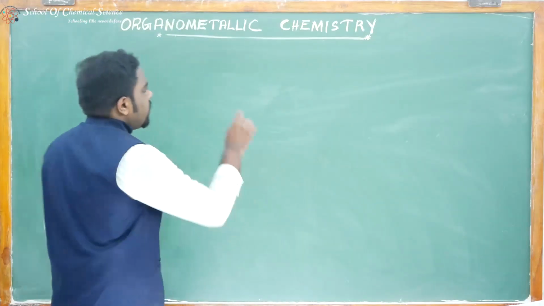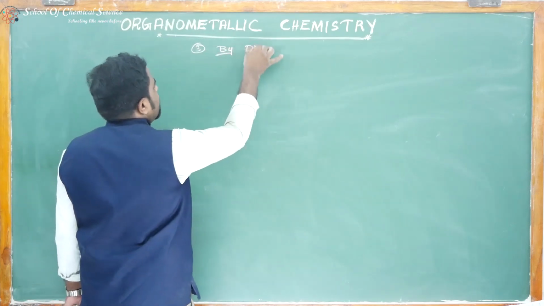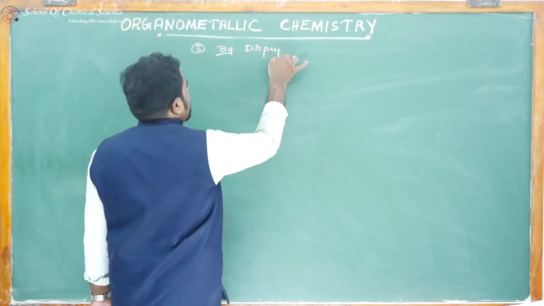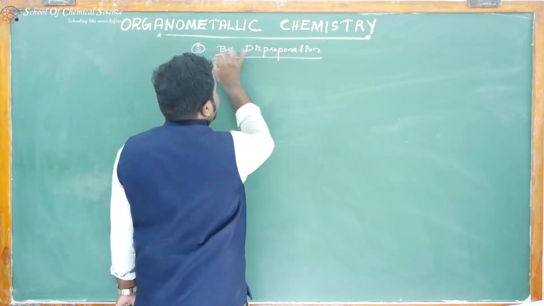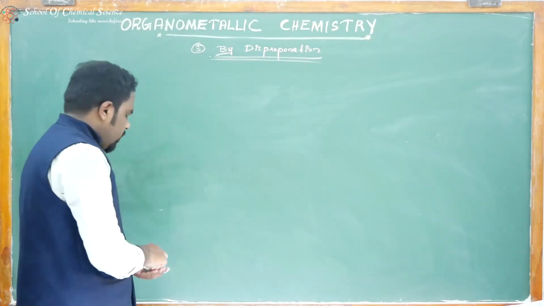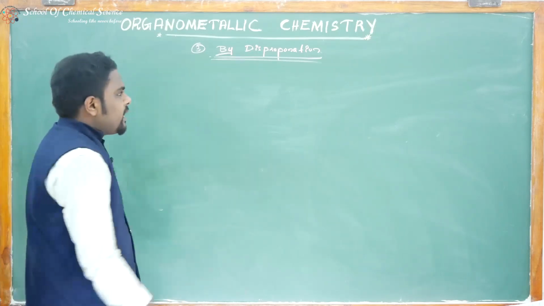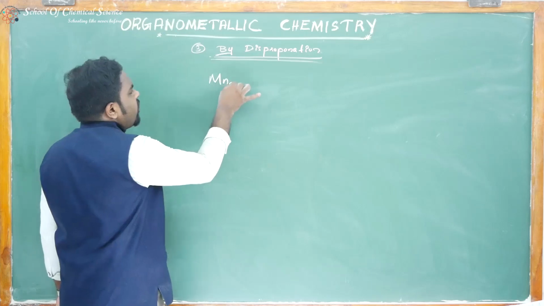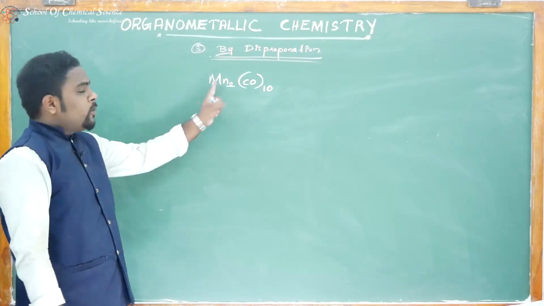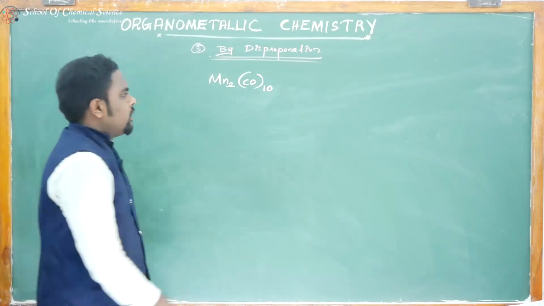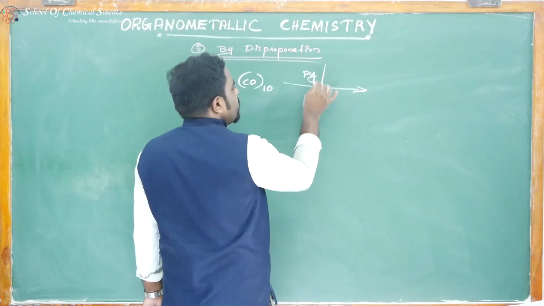Third and the last method of preparation is by disproportionation. You know about disproportionation reaction. By disproportionation, the last method of preparation of carbonylate ion. In a disproportionation reaction, you have to take a binuclear metal carbonyl, for example Mn2CO10. Binuclear means two metals are there. Mn2CO10 popularly reacts with pyridine, or you can use